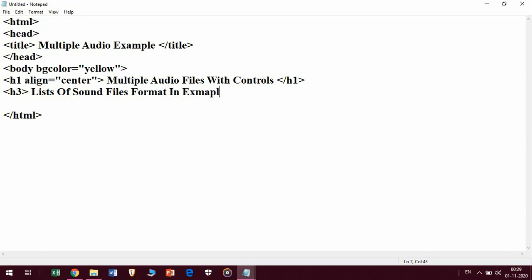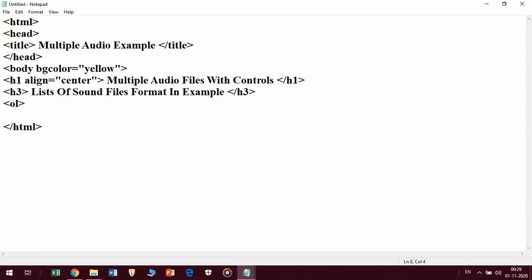Whichever audio file types I am using, I'll be writing here. So the h3 tag is the heading for the list.